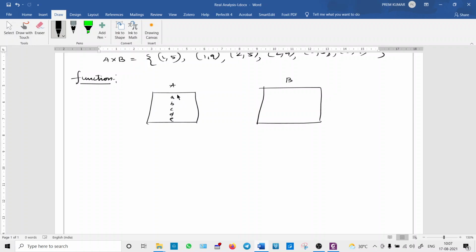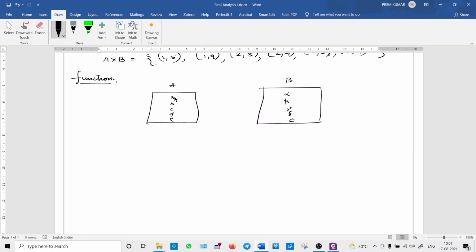I say real numbers, maybe I will put alphabets. We are not going to go to real numbers now. At present we start with alphabets a, b, c, d, e. Suppose this is a set A. Set means, you know what it is? It's a collection. It's a collection of well-defined objects. Suppose the set B contains alpha, beta, gamma. Suppose I use some symbols, delta and suppose epsilon, like this, some symbols.